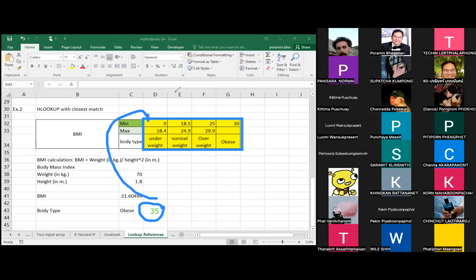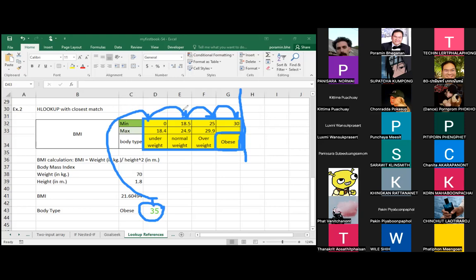It's more than 0, so it jumps to the next cell. 35 is still more than 18.5, it jumps to the next cell, 25. 35 is more than 25, jumps to 30. Now it tries to jump to the next cell again because 35 is over 30, but the table array finishes at this column G. That's why it stops here and reports the value of the last cell to you, that is obese. So this is useful because you can use the value in this one